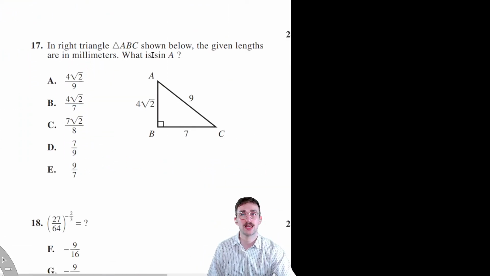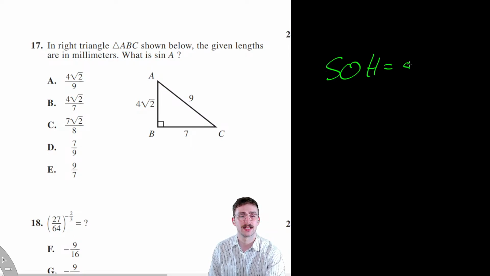In right triangle ABC shown below, the given lengths are in millimeters. What is sine of A? Okay. So the millimeters is totally to throw you off because they don't even use it. This is SOHCAHTOA. You need to know SOHCAHTOA to tackle this. Yeah, I think it's kind of straightforward. They're saying, what is sine of A? So sine is,